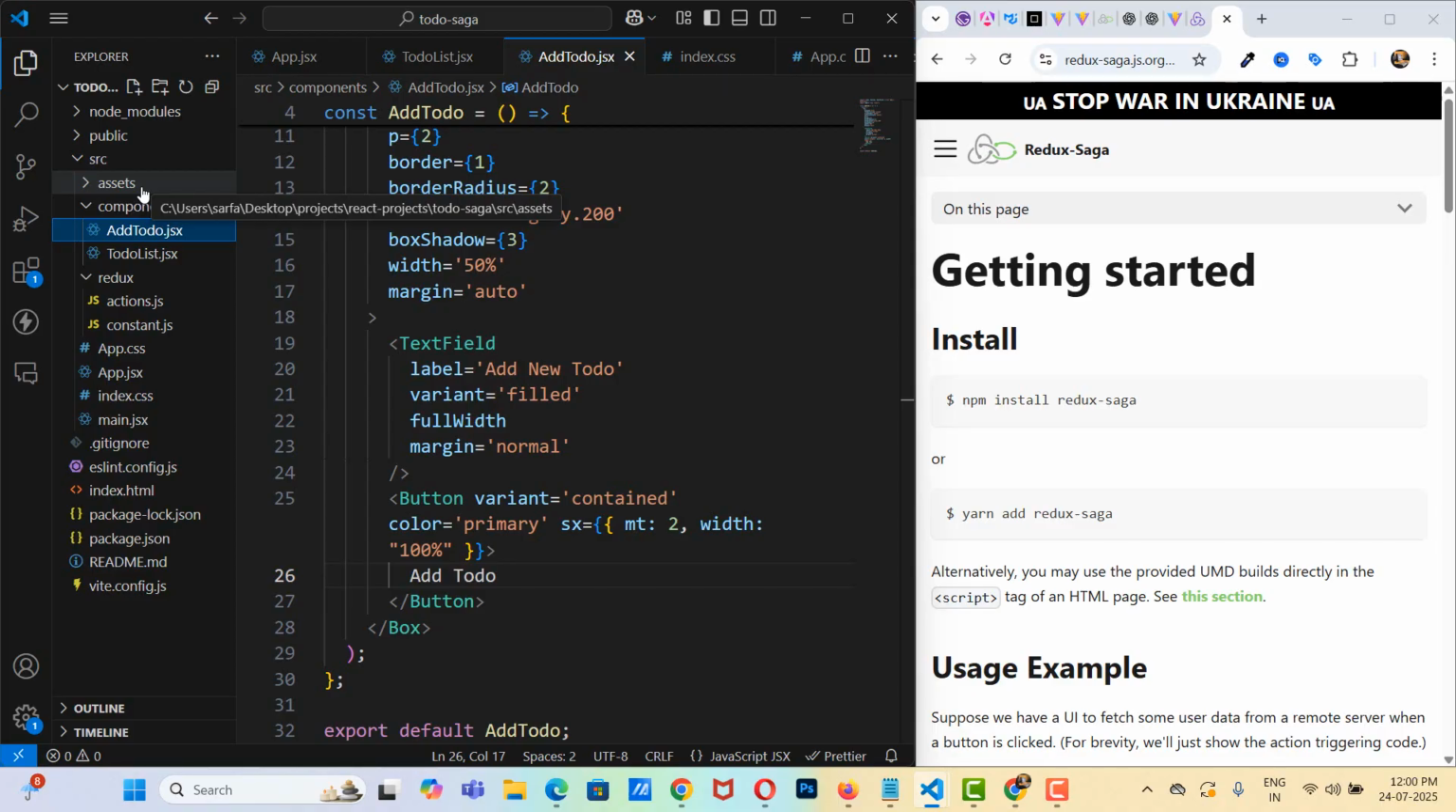As I told you, if you need more and more explanation of Redux and Redux Saga, I'll create a dedicated video explaining everything in Redux Saga. Okay, so basically now these two files are done. Now we need to do the reducer. So let's create that todoReducer